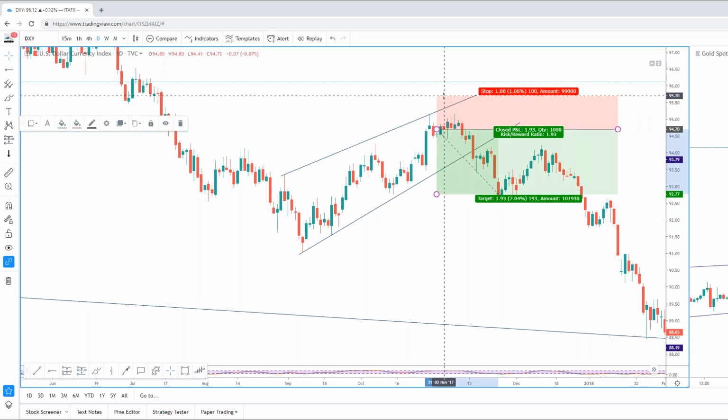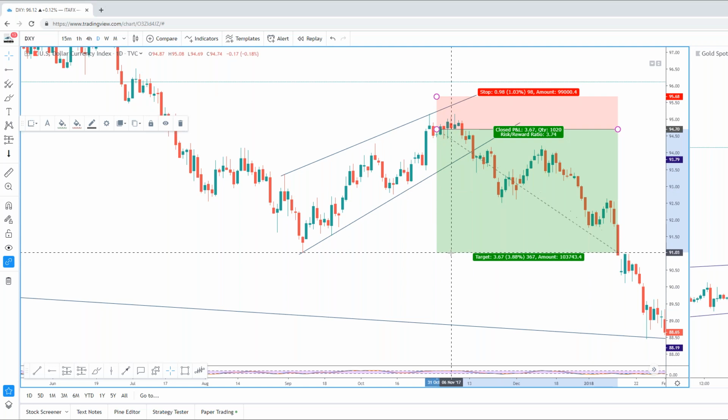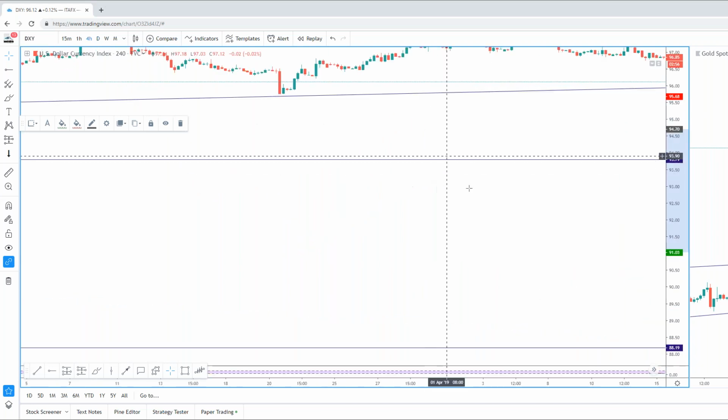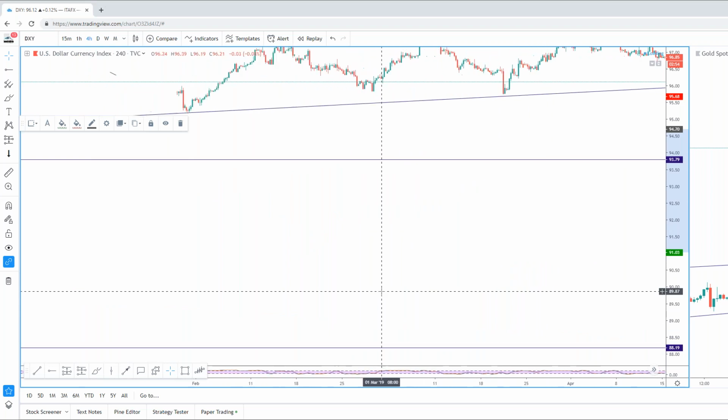On a daily, it's going to show us about a 100 pip stop, but I'll show you something in a second. 90% probability rule: when the market broke this particular level here impulsively, 90% of the time it's going to get to the correction of the structure, for about 3.25% on this particular trade. But let me show you down on the 4 hour what this looks like, if I may.